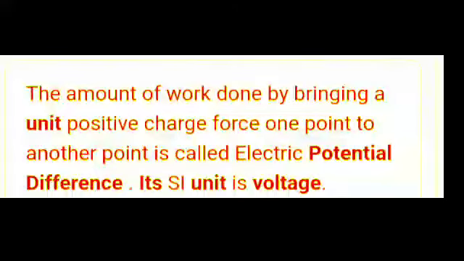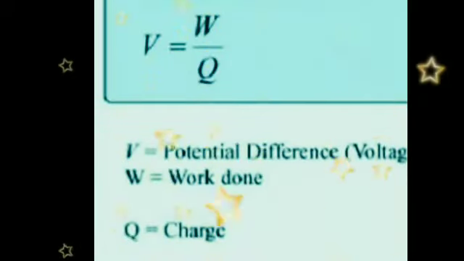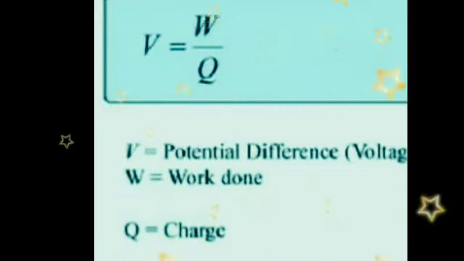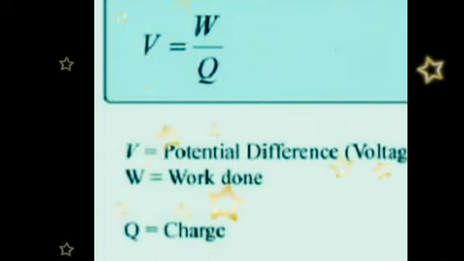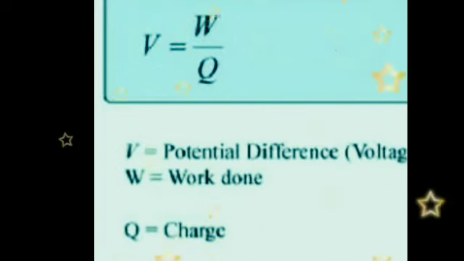The electric potential difference means the amount of work done to carry a unit positive charge from point A to point B. It is called the electric potential difference between the 2 points. Potential difference between 2 points is equal to work divided by total charge transferred. Now V is the potential difference, work done is denoted by W and the charge is denoted by Q. Therefore, V is equal to W divided by Q.